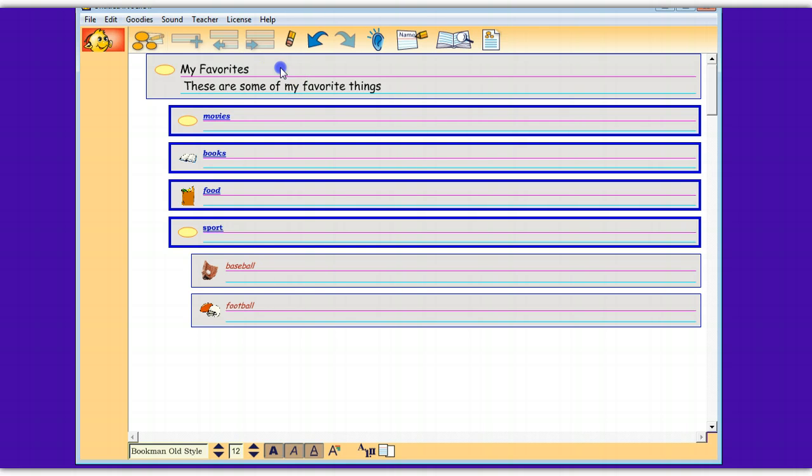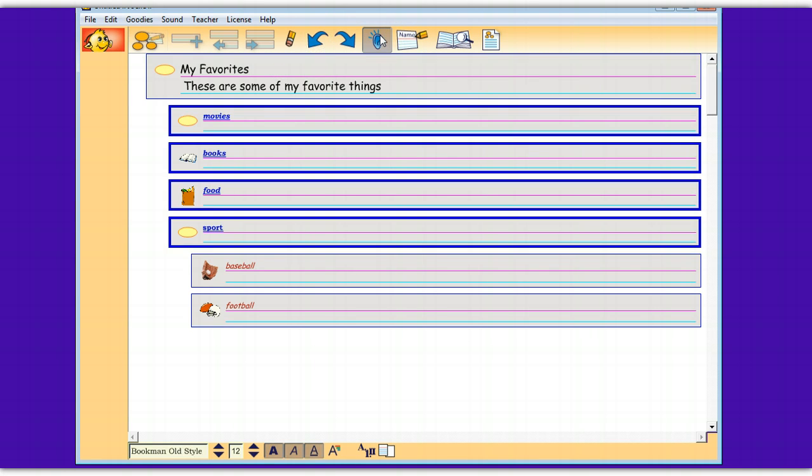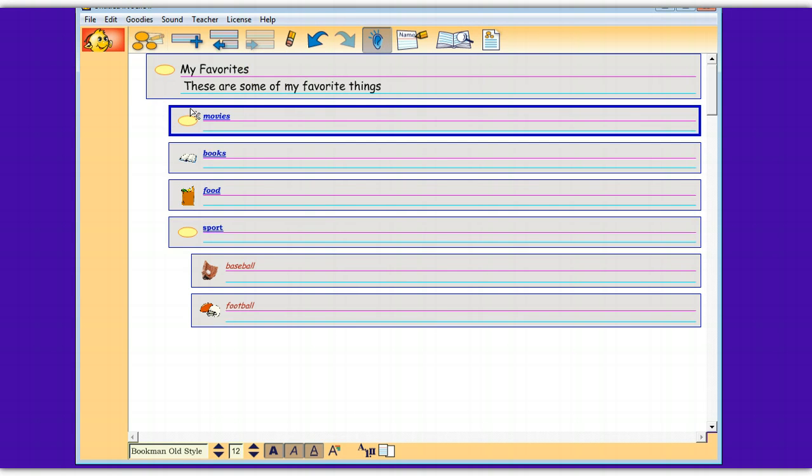Another thing is the reading feature. If you click on it, notice it will read all. So this is really, really great if you want the kids to listen to something, either something you've typed up. It helps with fluency. So all you do, give a click,